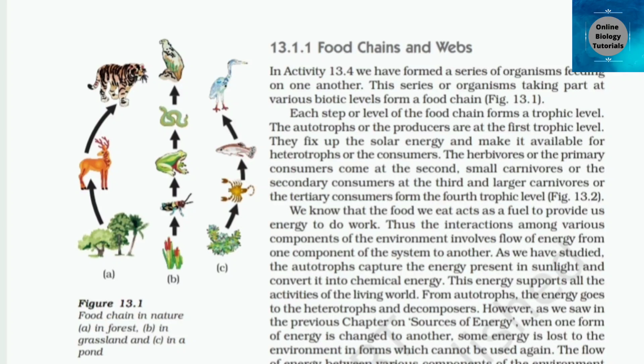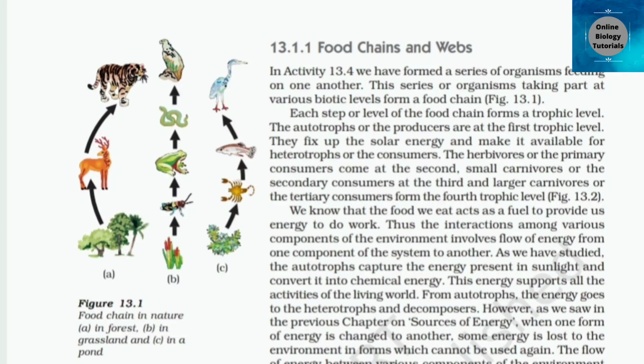Each step or level of the food chain forms a trophic level. The autotrophs or the producers are at the first trophic level. They fix up the solar energy and make it available for heterotrophs or the consumers. The herbivores or the primary consumers come at the second, small carnivores or the secondary consumers at the third, and larger carnivores, or the tertiary consumers, form the fourth trophic